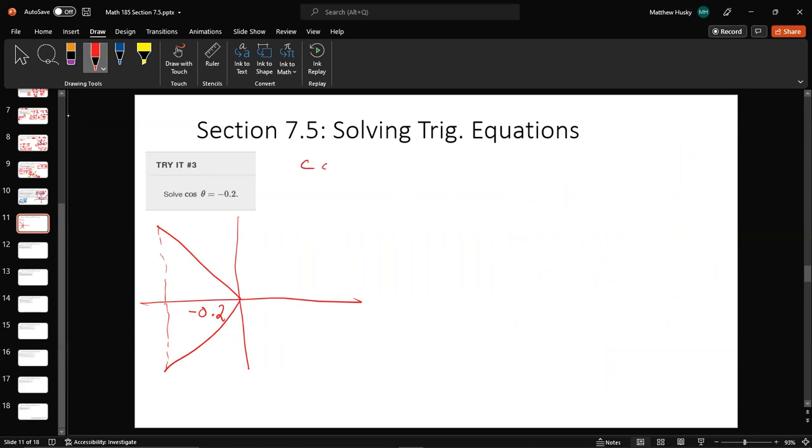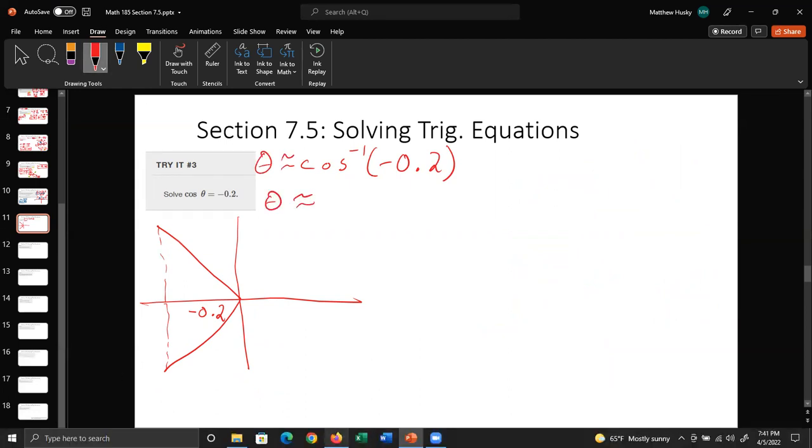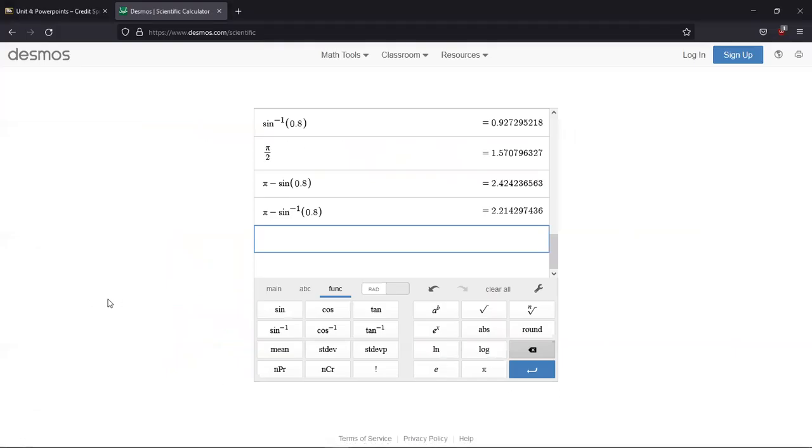So what we need to do is cosine inverse of negative 0.2. So that's what theta will be. Let's find out what theta equals when we do this. Cosine inverse of negative 0.2, that is